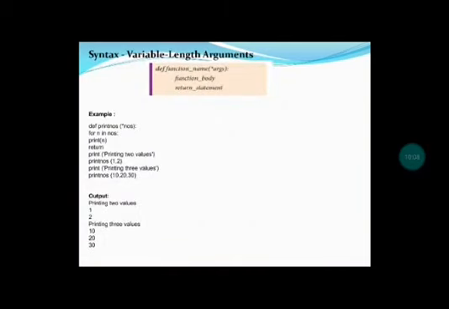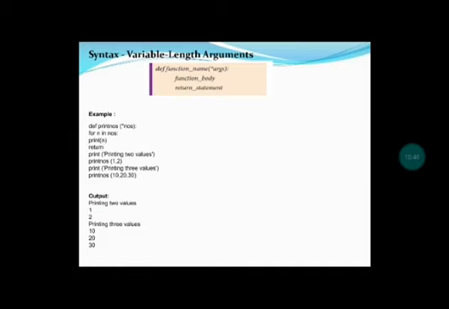Next, we will see about the syntax of variable length arguments. This is the same as the variable length argument. We are passing the values and directly we are printing the values. Okay. Let us see the syntax for the variable length argument. That is def function name. Inside the argument we have to mention star, that is asterisk. Asterisk means star you have to give. And then function body and return statement. It is as usual.